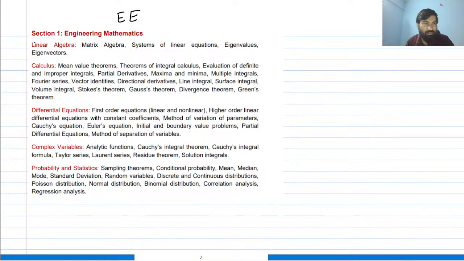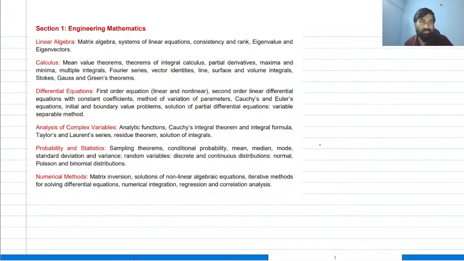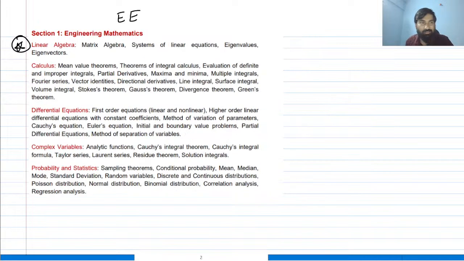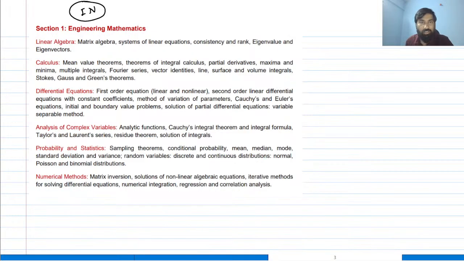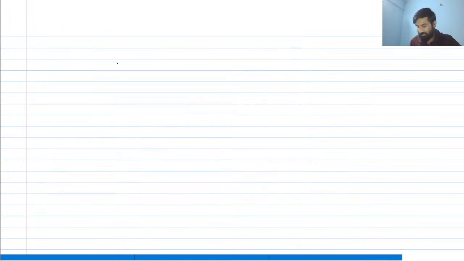So you see here the syllabus is very tiny compared to electronics. They did not mention vector space, they did not mention anything, but you have to study everything, right, because they have just mentioned your class 12 syllabus. Next, electrical engineering, instrumentation one. So these three branches we are going to cover in today's session. Though all the branches of engineering have got the same syllabus, right? So these are the syllabus, right? Okay, so let me start with linear algebra directly.